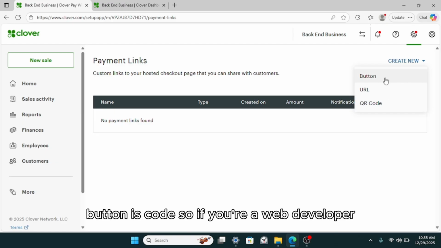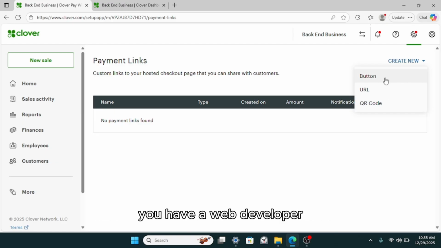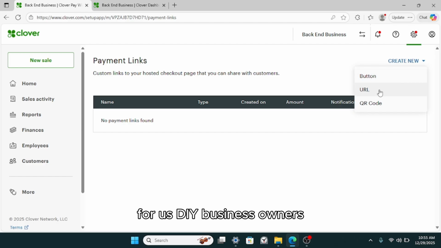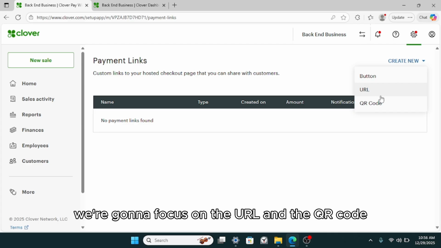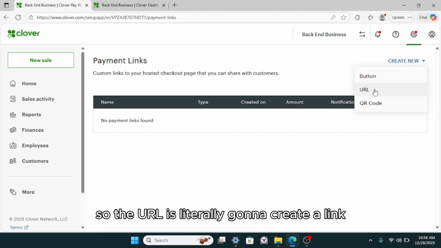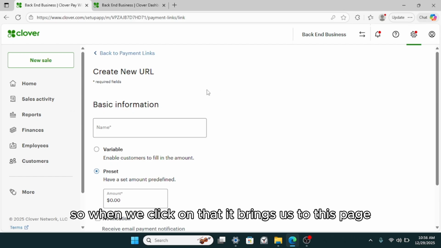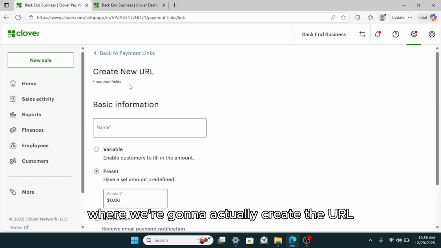Button is code, so if you have a web developer, they may be interested in using the button. For us DIY business owners, we're going to focus on the URL and the QR code. So the URL is literally going to create a link that you can send via email or text to your customers. So when we click on that, it brings us to this page where we're going to actually create the